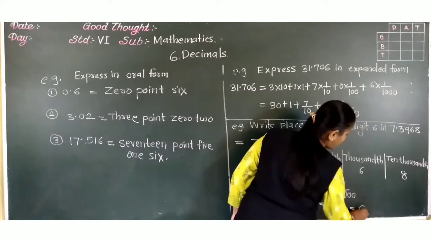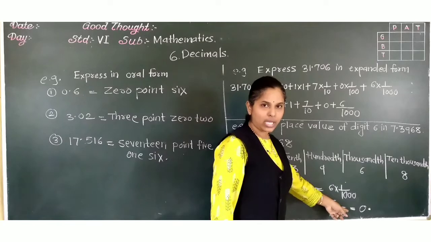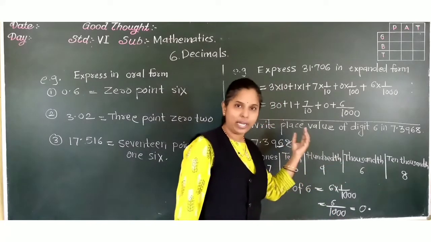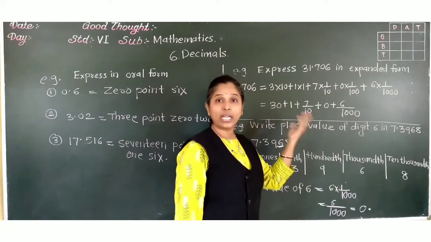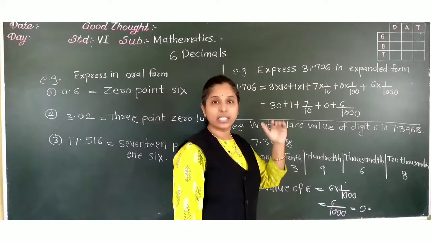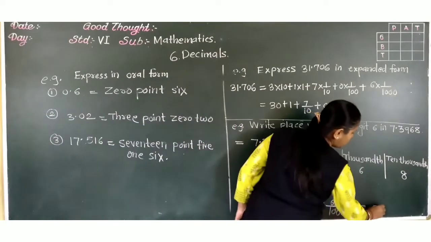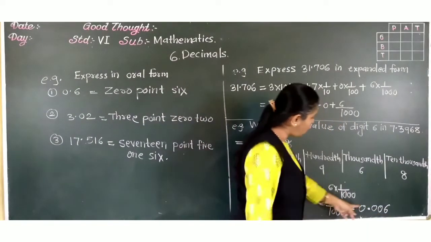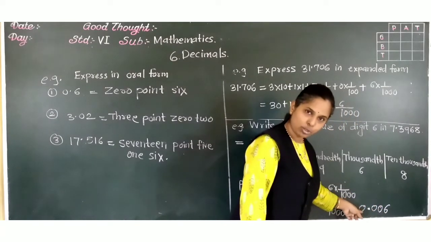So whole part we will write 0 point. Now 3 zeros are there, no? So 3 digits should be at the numerator. But numerator here only 1 digit is there. So how to make it 3? By writing 0 before 6. Means write 2 zeros before 6. That is 0.006. Now see 3 digits, whole part, nothing is there, so 0.